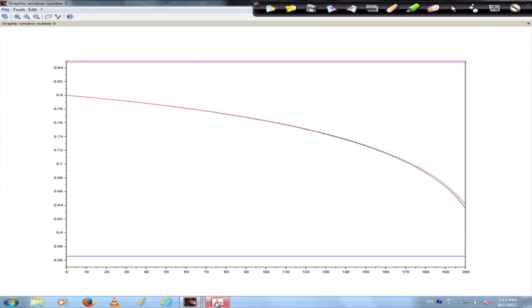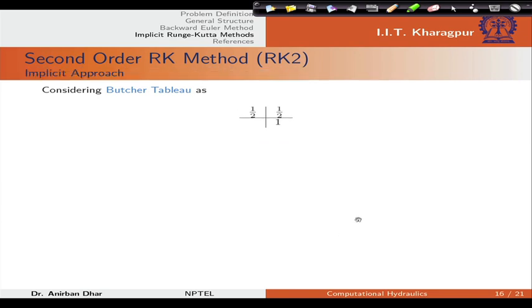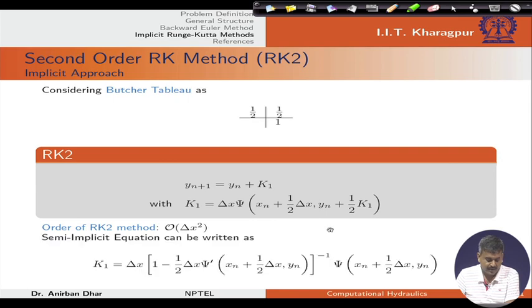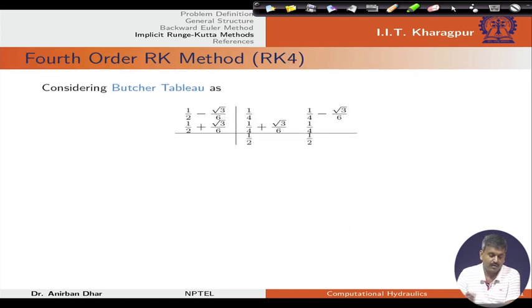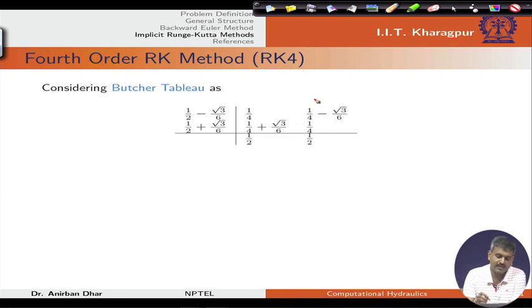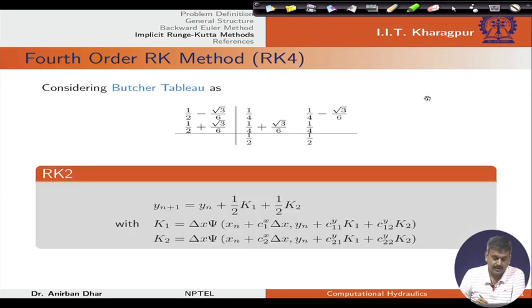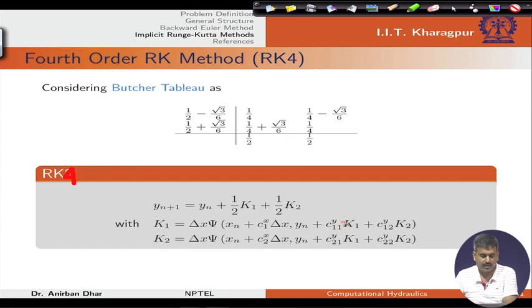Now, if we further increase the order of RK beyond the second order RK approach, we have this. Considering the fourth order RK method, which considers these many points, that means we have 2 entries here and a 2 by 2 matrix for Cy. This is for Cx, this is for Cy, and this is for W1 and W2. Now, with this if I write this RK4, RK4 is half half because this is W1, this is W2,